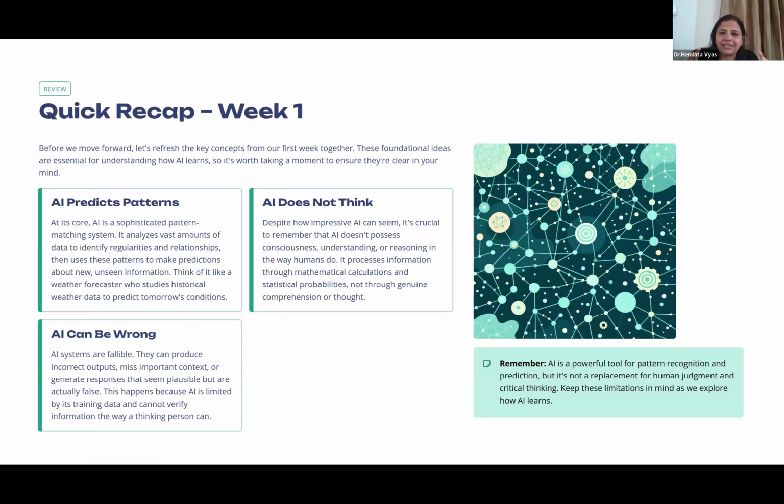So it can do these categorizations on its own. When we feed a vast amount of data to the AI, it is able to decipher this.